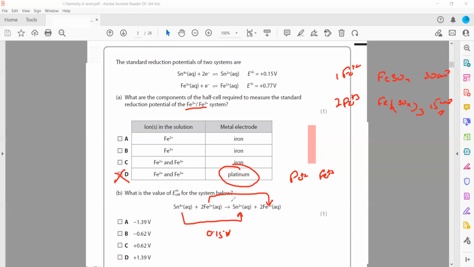iron 2. But in the equation, iron 2 is changing into iron 3, so it should be negative. So this will be minus 0.77. So what is the total voltage produced? 0.15 plus minus 0.77. Because look what I'm doing, why I did not use that formula,